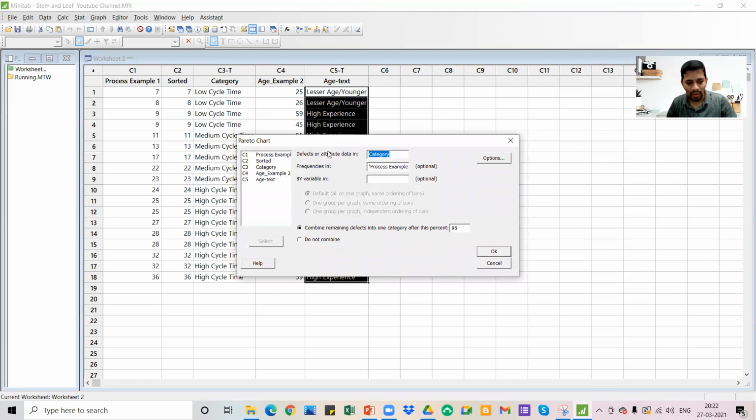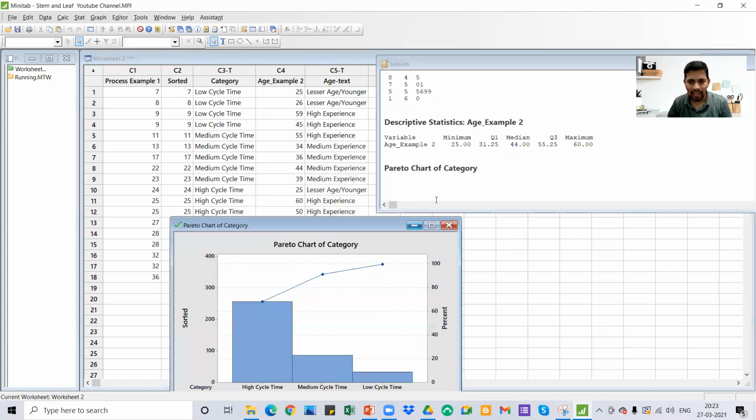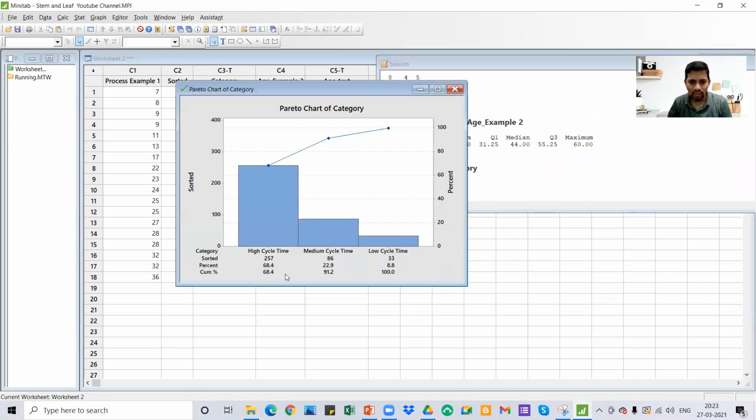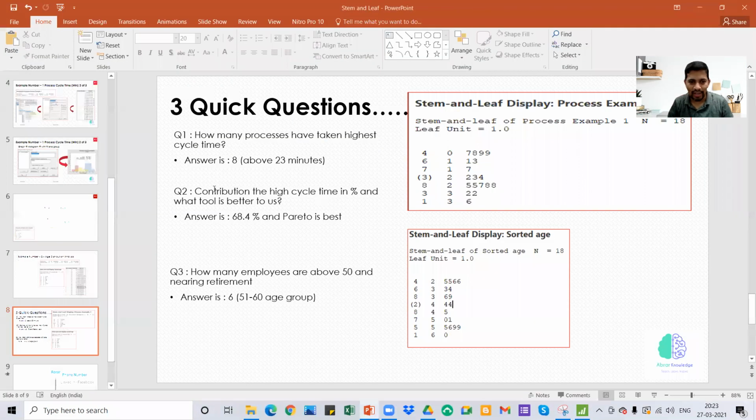In the Pareto, I'm going to give F3 as category, where the defect is the category, and I wanted to pick up the sorted value. Then you can also get that 68.4% is high cycle time. So that's how I did it, but you can do it by any method, direct, or with the help of Pareto.